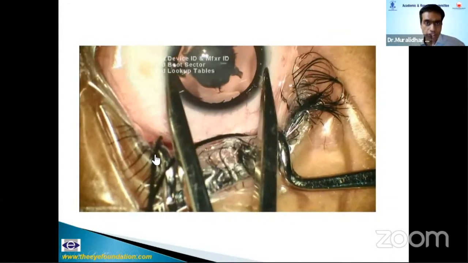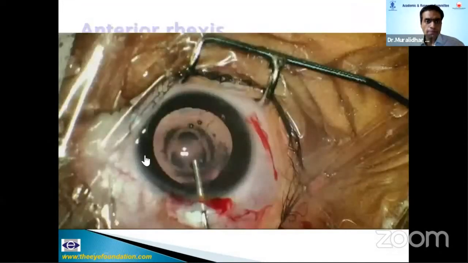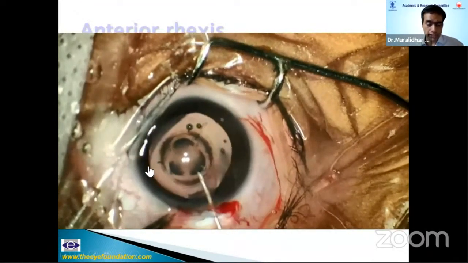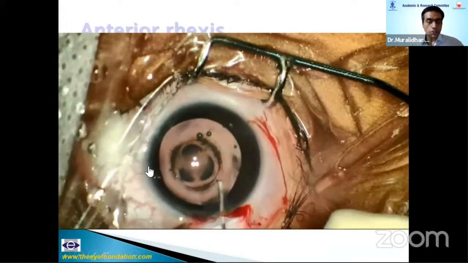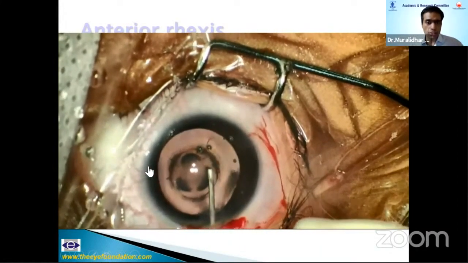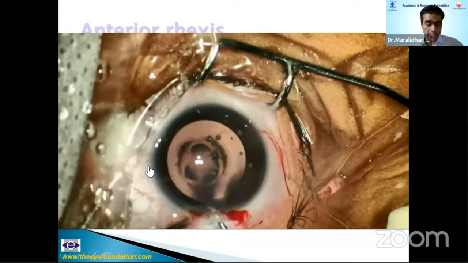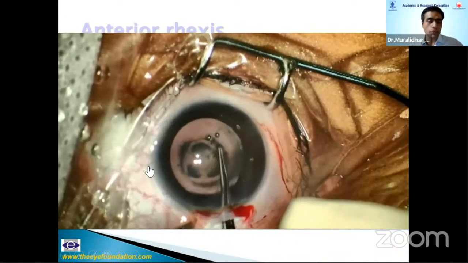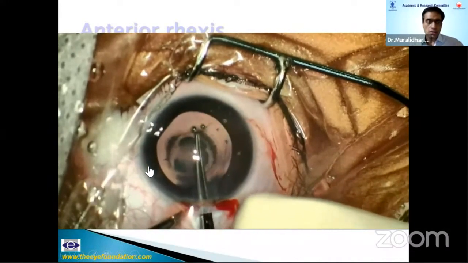So the first step is to measure the white to white diameter. And I use a temporal scleral tunnel. I've shifted to using a temporal scleral tunnel. The key to doing a rhexis, this is arguably the most important step in pediatric cataract surgery, because if you don't get an intact rhexis, if you don't get a round rhexis, you are in for a lot of trouble,